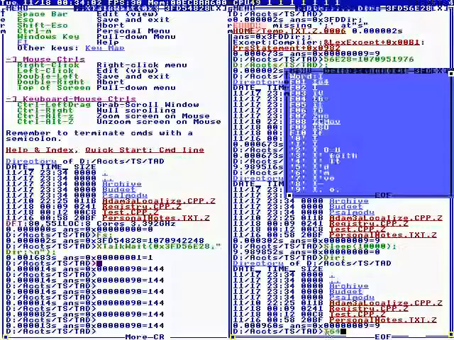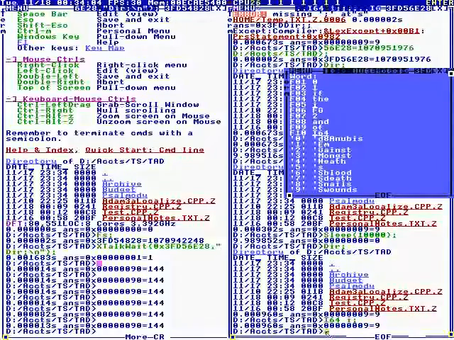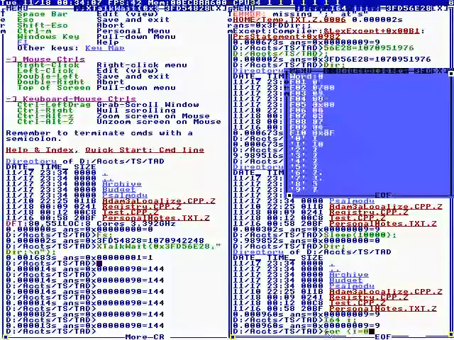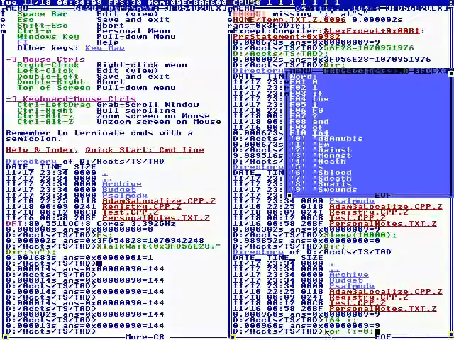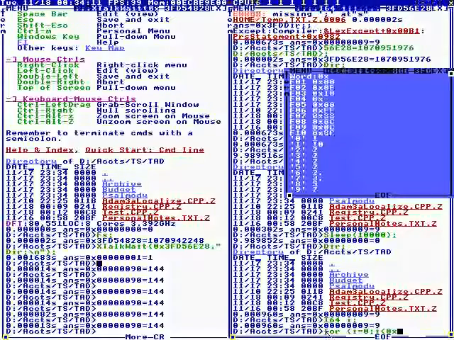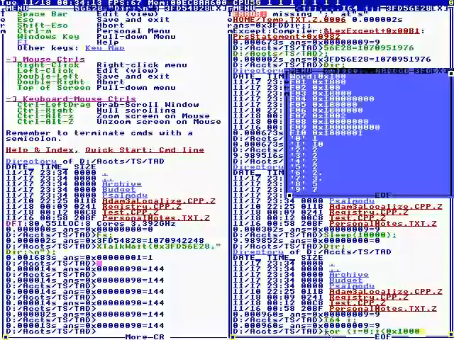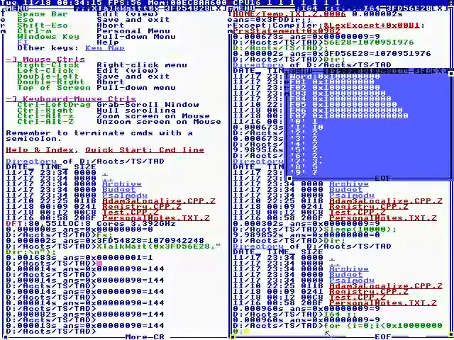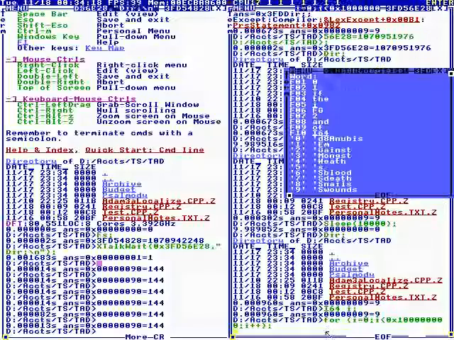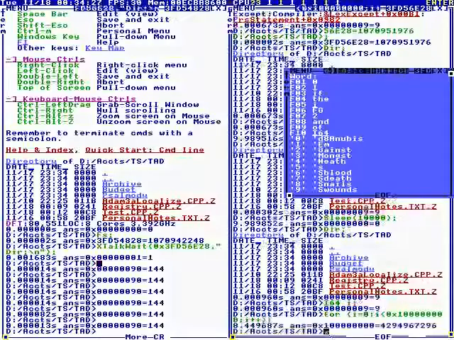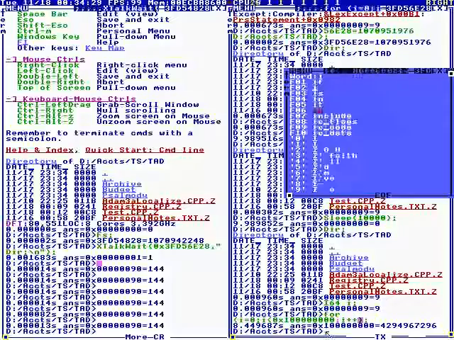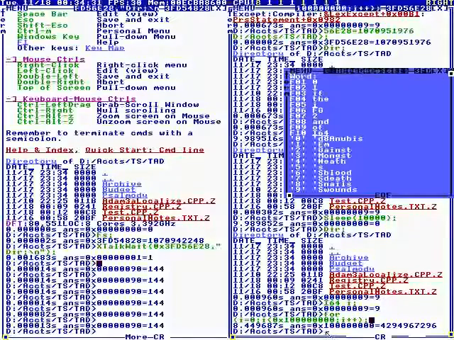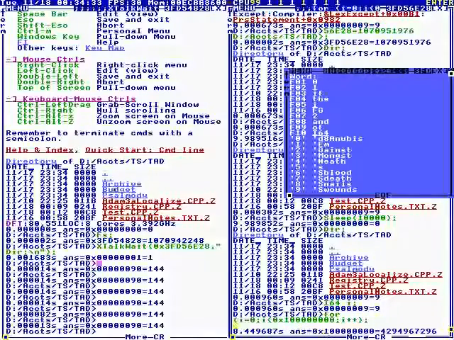So if he's sleeping, that's idle. For I equals 0, I less than 0x1234, I plus plus. Okay, so there's a busy task. Okay, now let's just do this. So he's busy, and now